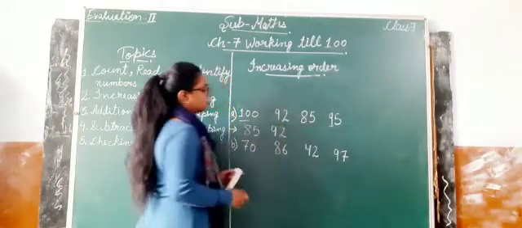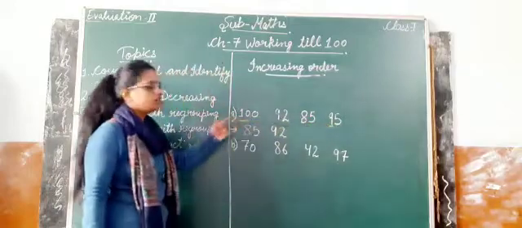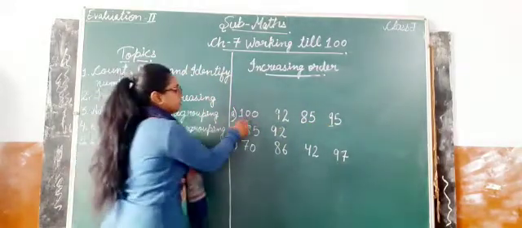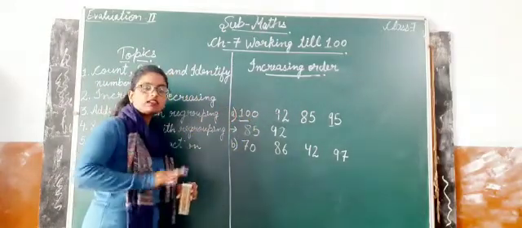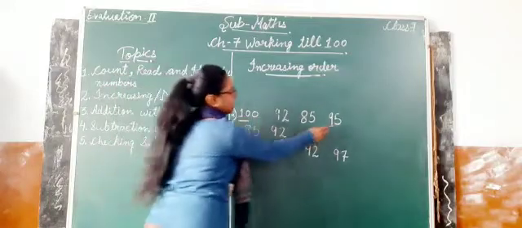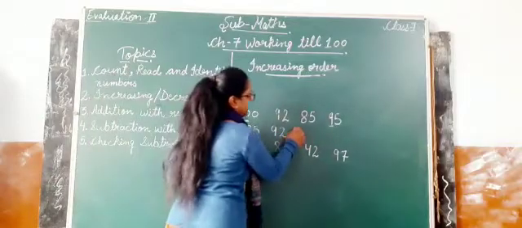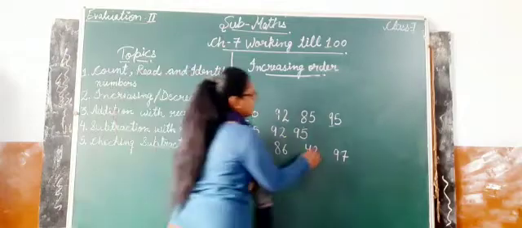Now, ignoring these two numbers, we are left with 95 and we are left with 100. So, which is the smaller number? We are leaving out the ones place and looking at the rest of the numbers. So, which is the smallest number, 10 or 9? Yes, 9 is smaller than 10. So, I will write 95 over here. And at the end, I will write 100.